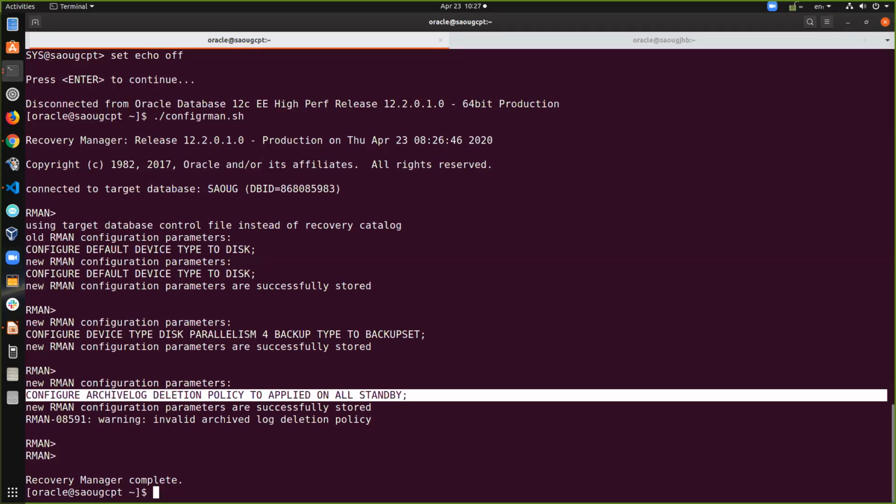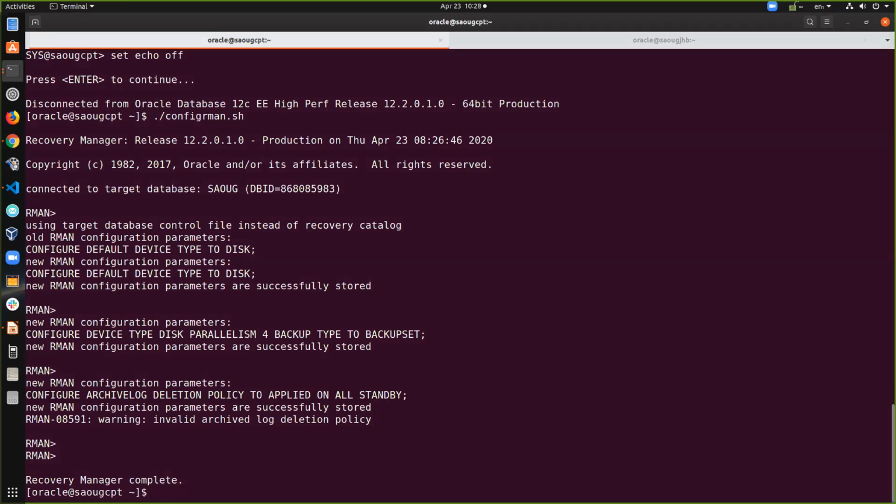Okay, the next step that we have to do is we have to copy our password file. Because we are using ASM,